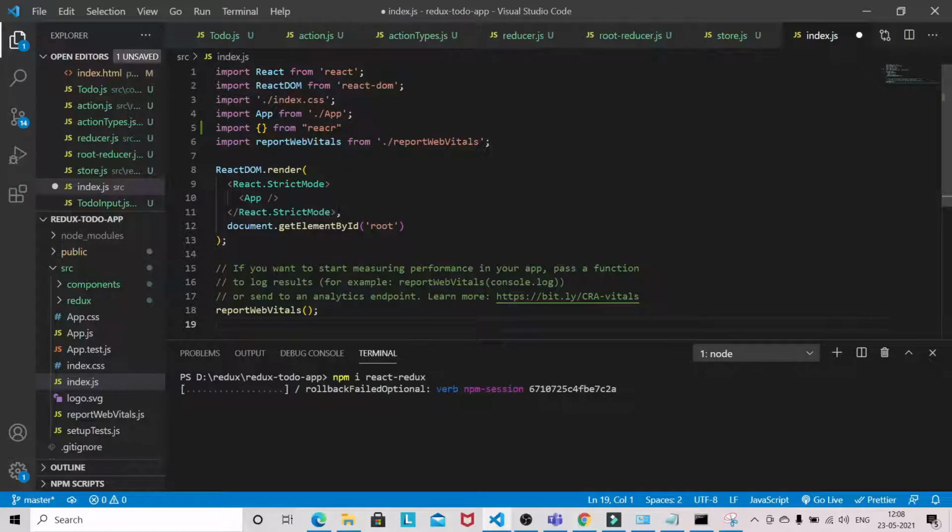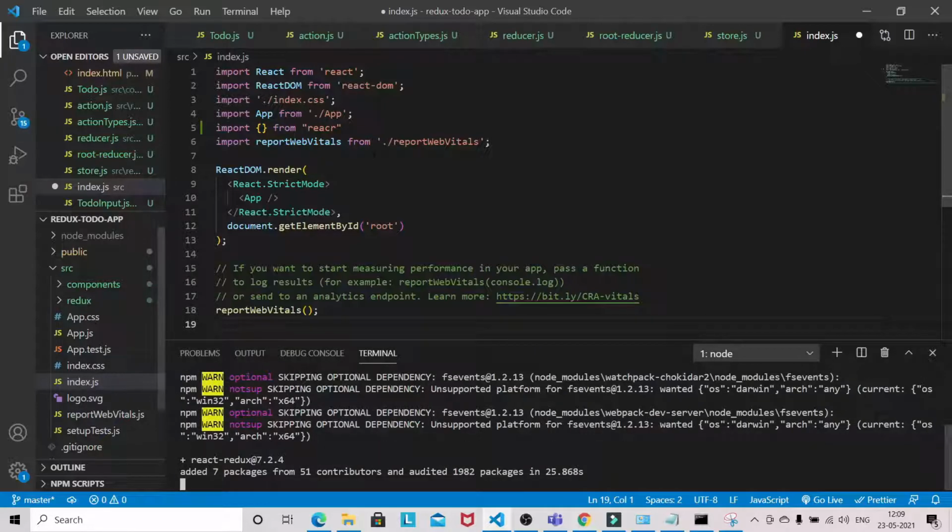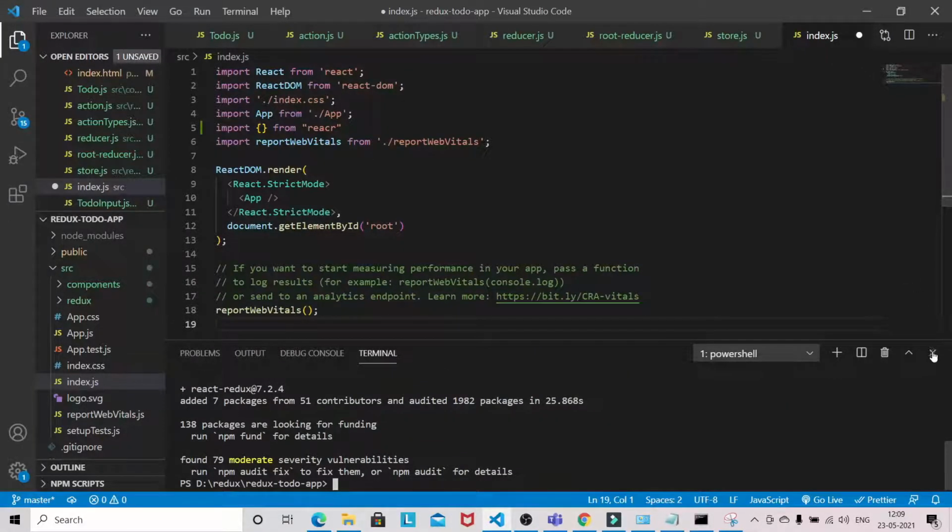It basically acts as a bridge to connect React and Redux, because these two things are a different world actually. To connect these different worlds, we have to install React Redux. So let's wait for it to get installed. Okay, so it's installed now.